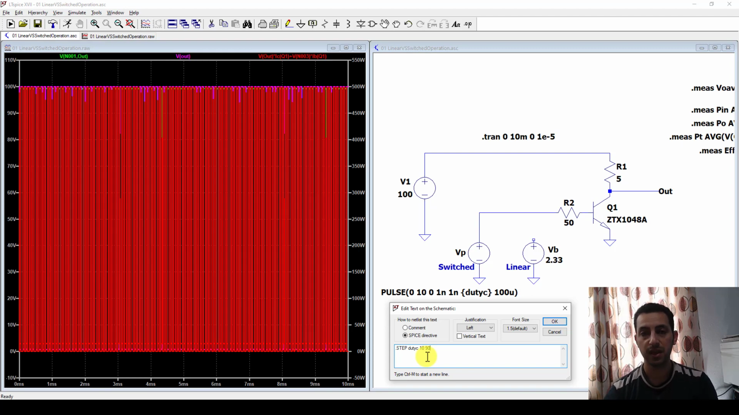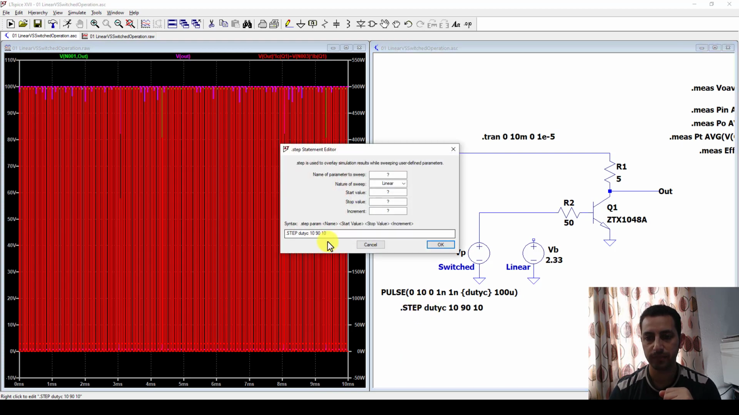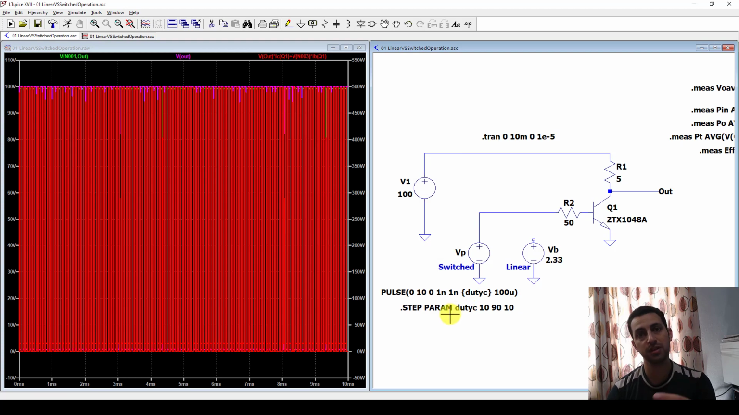10%, 90%, and jump every 10%. Okay, so every 10% you make a jump and give me about 8 or 9 results. But here I forgot something, which is I have to tell the LTSpice that UTC is a parameter, because I haven't used this parameter before, so I have to declare it. Okay, so this is how we really shift the duty cycle from 10 to 90, and every